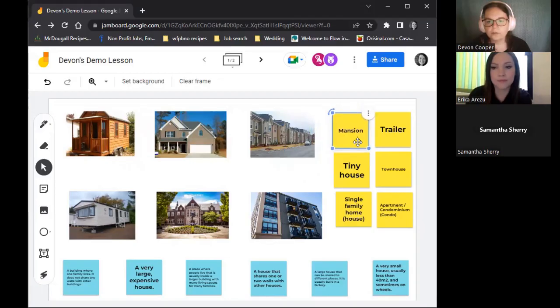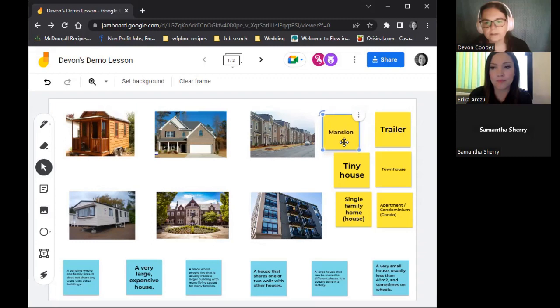So we're going to go through the words and the descriptions, and then I'm going to let you guys talk to each other to try to match everything together. So I'll read the words out so you can hear how they're pronounced. The